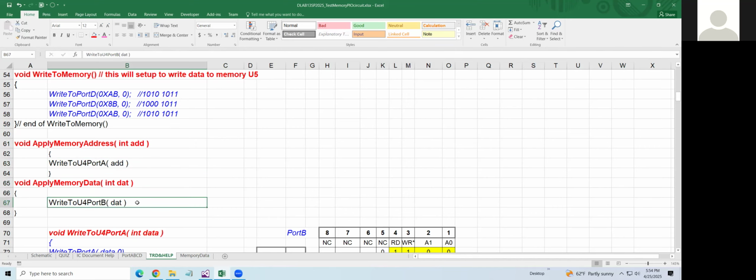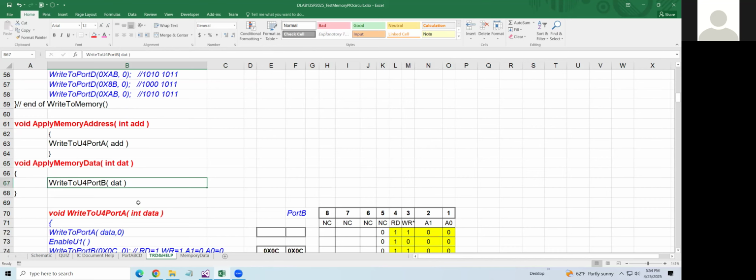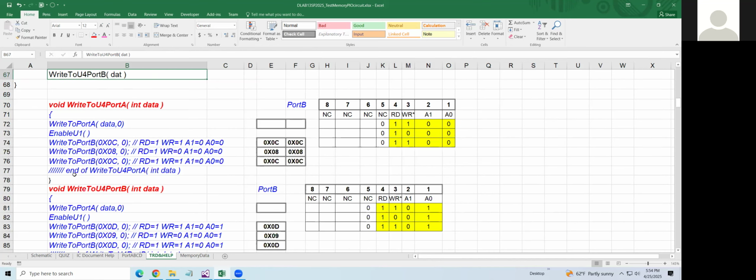Write data to port B. And this is the function write U4 to port A. That means you can say right here, write data, read equal to 1, write equal to 0 to write,